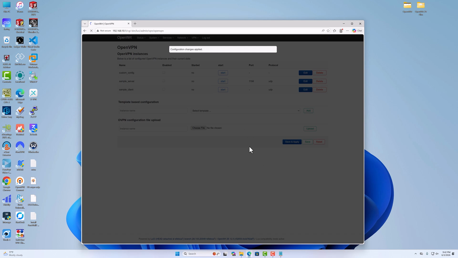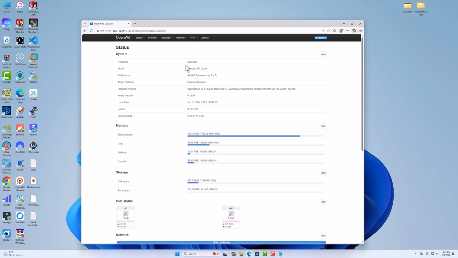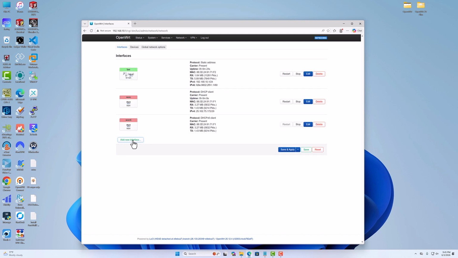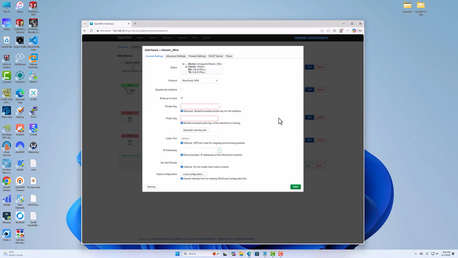Now in the next step, we try to use a WireGuard config file. So to do that, go to the network tab and select interfaces, and after that add new interface. Type a name for your WireGuard config. For example, I will use my name. And on the protocol you must select WireGuard. As you can see, just click on create interface, and here, guys, we have three ways to use your